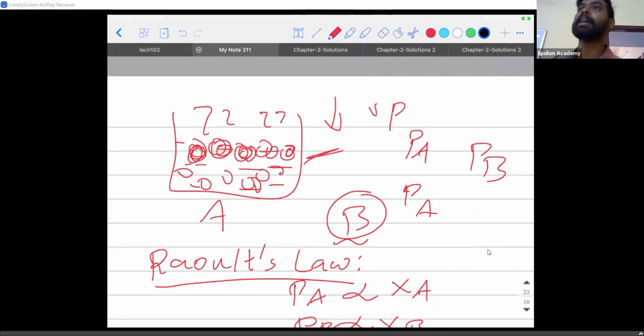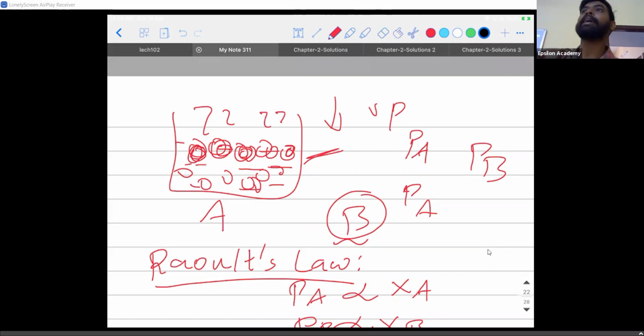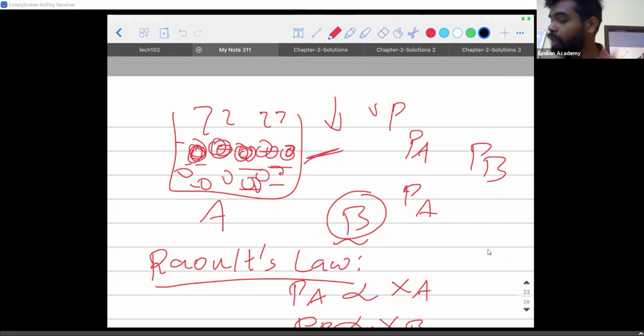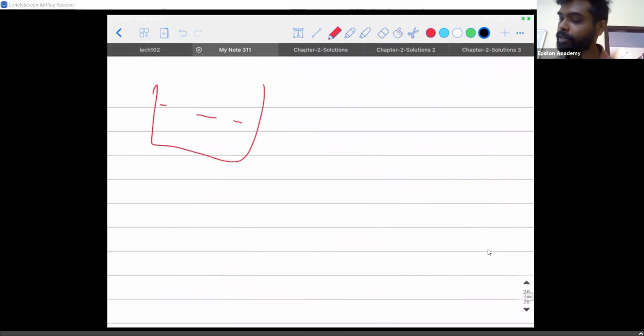Okay, I understand. I'm adding a solid. Say I have water, which has some vapor pressure, and I add NaCl salt to it. I will find that the vapor pressure has decreased. Why is the question. As I told you, it is the surface particles which go to the vapor phase. So what is going to happen if I have a liquid which has some amount of vapor pressure? Vapor will be there. Now what is going to happen?